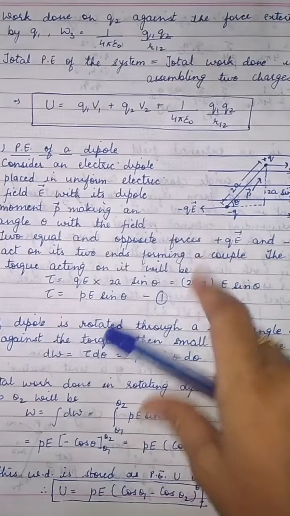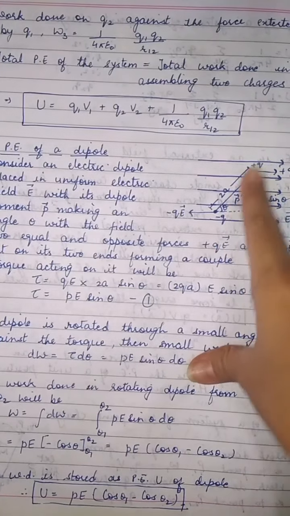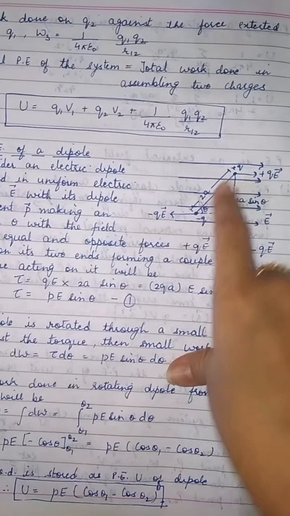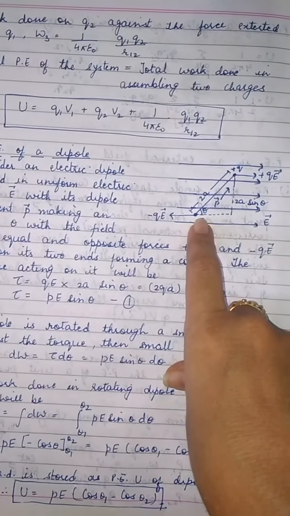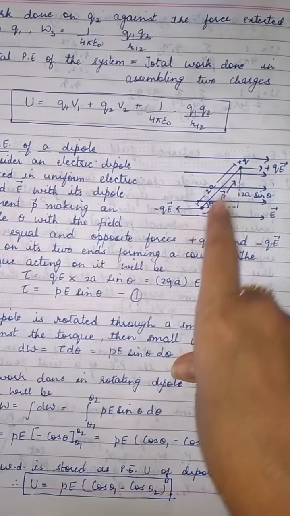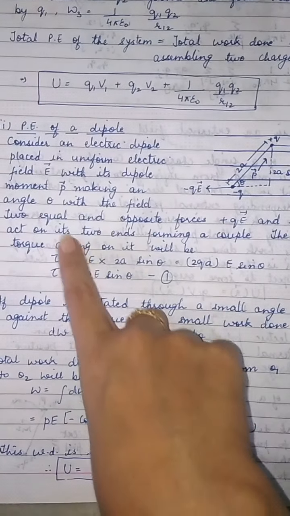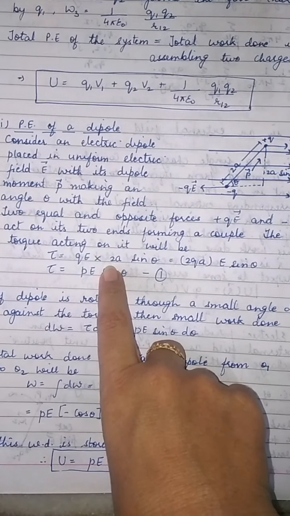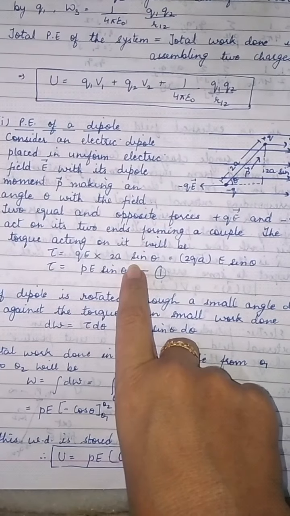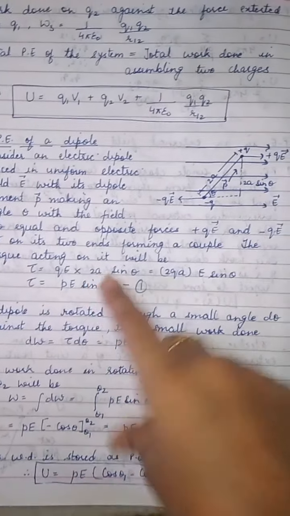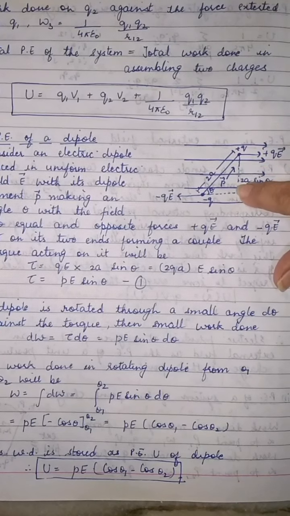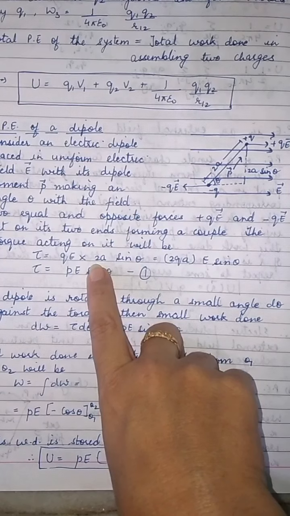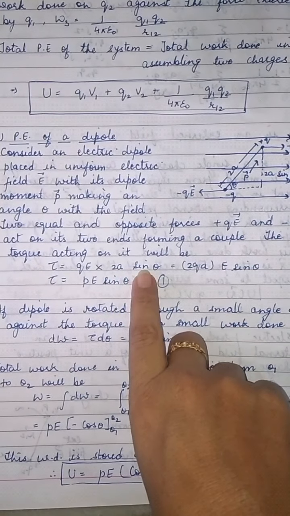Now, since there are two forces acting on the dipole, plus QE and minus QE, and these two forces form a couple, there will be a torque. The torque acting on it will be QE into 2a sin theta. We know that torque is force into perpendicular displacement. So here the perpendicular distance is 2a sin theta. So torque is equal to QE into 2a sin theta, that is equal to